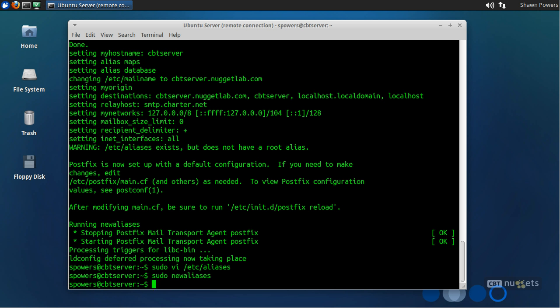that if email is sent to root, it will now get rerouted to my CBT Nuggets account, which is kind of cool. So let's actually test this. Let's see if our email server in smart host mode is working. Now, in order to send an email, I could configure something like Thunderbird to use this as outgoing email, but we're going to install